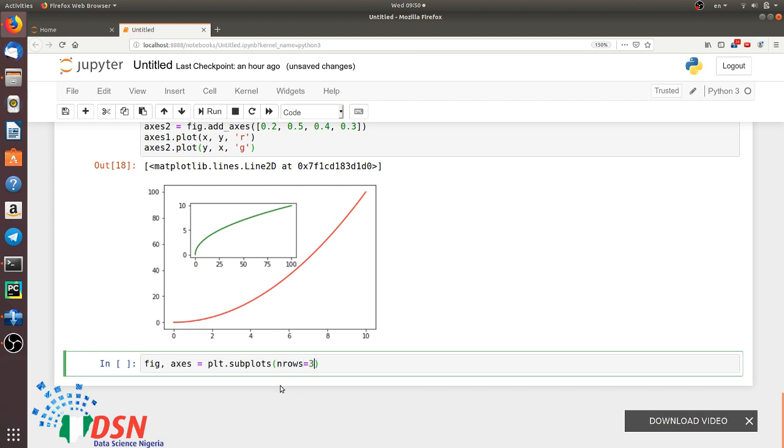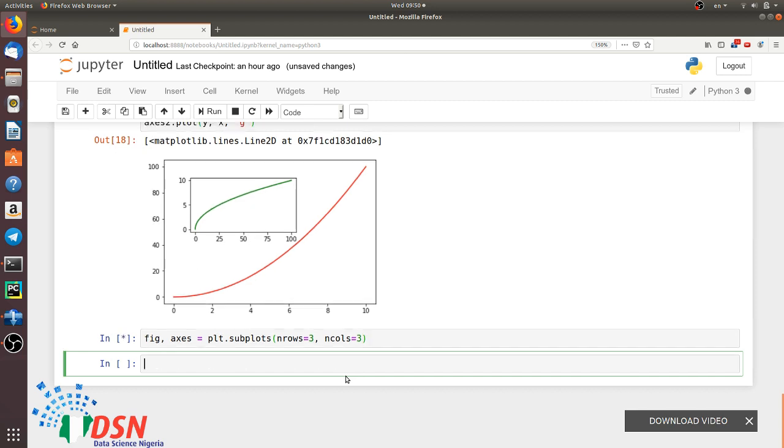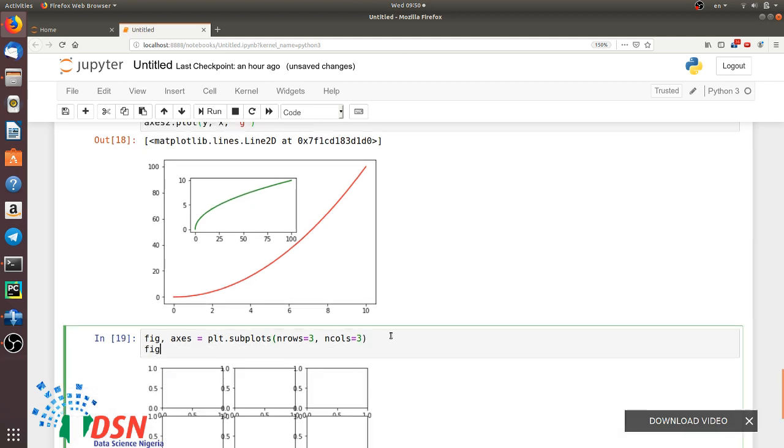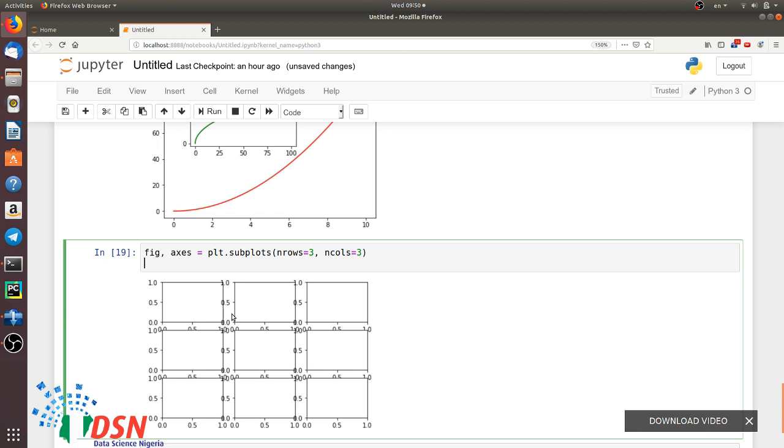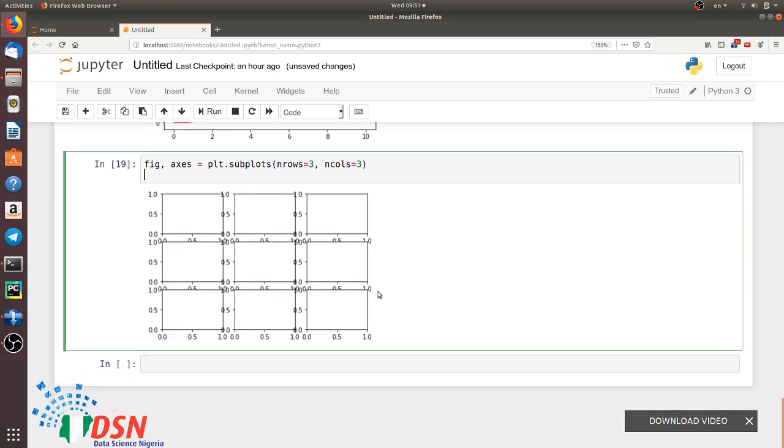So let's say we want to have 3 number of rows, and the second argument is number of columns. Let's say we want 3. If you run that, you will see that you will have 3 by 3